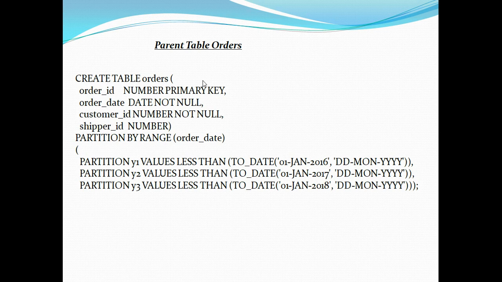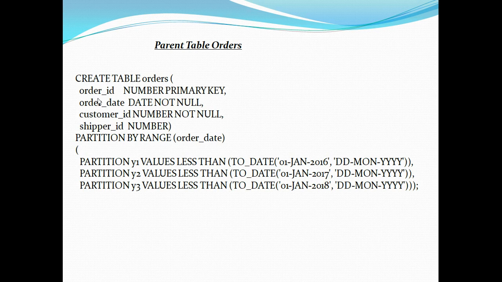Guys, the important point to note here is that I have explicitly defined a primary key on order ID. That means every order will be unique in my order table. If I don't explicitly specify the primary key and foreign key relationship and try to create reference partitioning on my child table, it's going to throw an error saying that it cannot create reference partitioning because the referential integrity constraint does not exist.